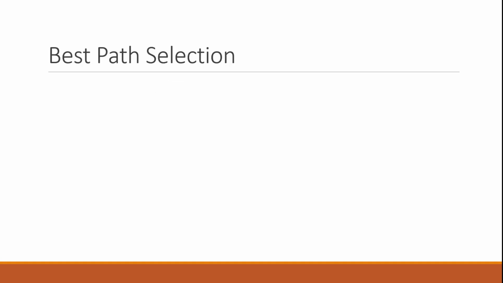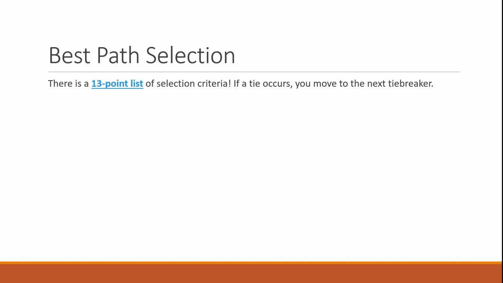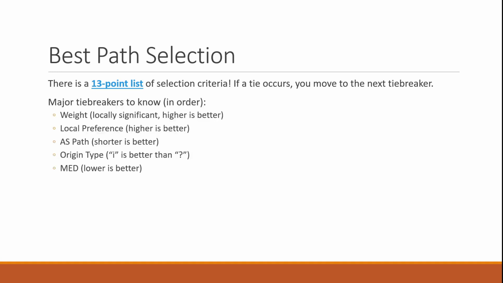Now let's talk about the actual best path selection process. You can find a massive 13-point tiebreaker article on Cisco's website, which I'll be sure to link in the video description. This is a great reference for more detailed BGP scenarios, but it isn't going to be asked about on your CCNA. Typically, the full document allows you to look at BGP routes and go down the list until you find a tiebreaker. For the most part, you only need to worry about the attributes we've talked about, plus one